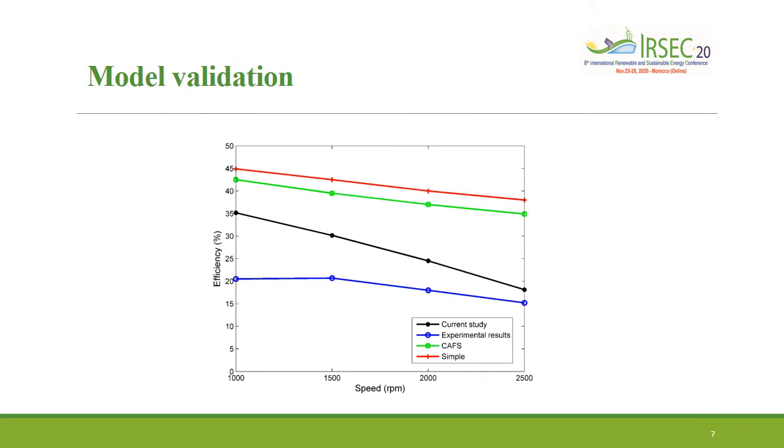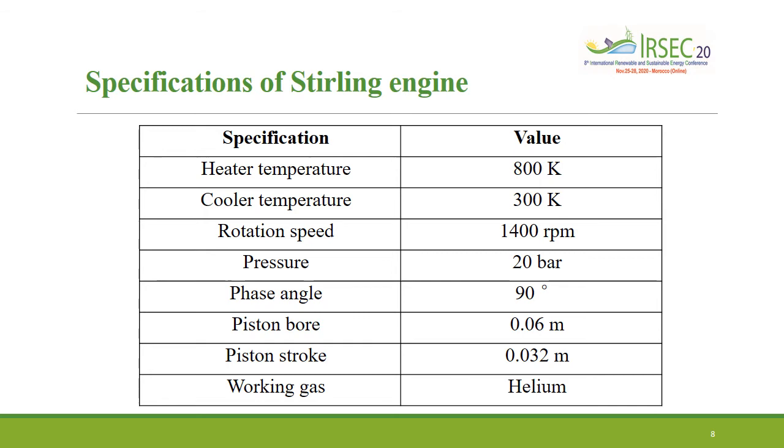constant. To validate the mathematical model used in the present study, we compared our results with the experimental data of the GPU Stirling engine developed by NASA Lewis Research Center. It was found that our model is accurate and validated with experimental results. And the geometrical specifications used in the initial design of the Stirling engine used in the present research are summarized in this